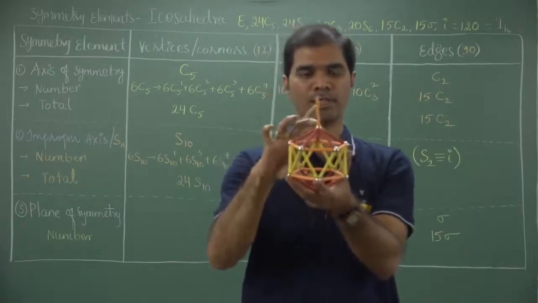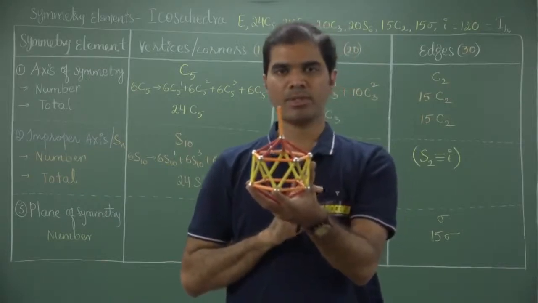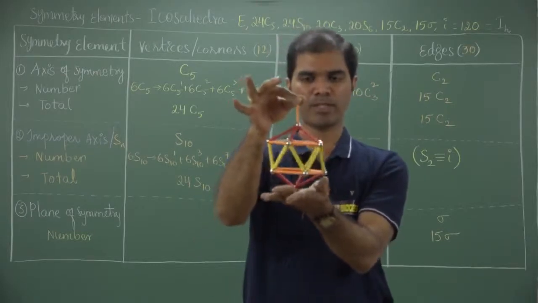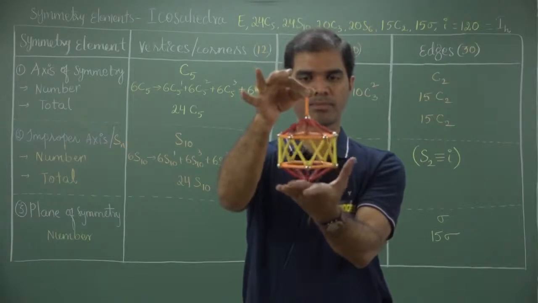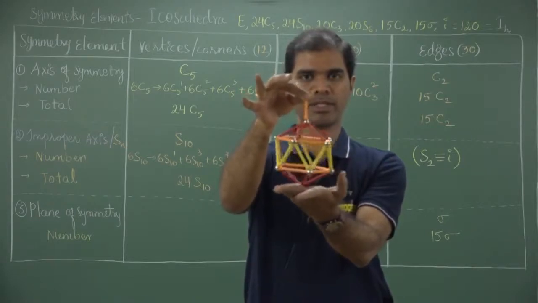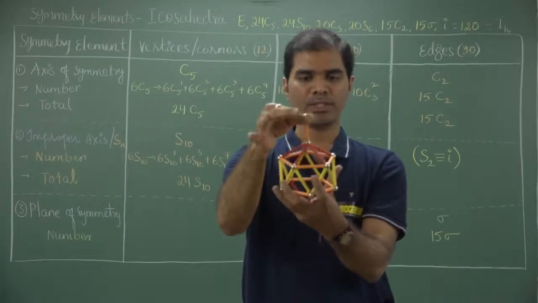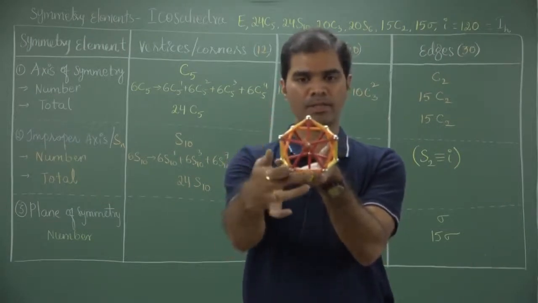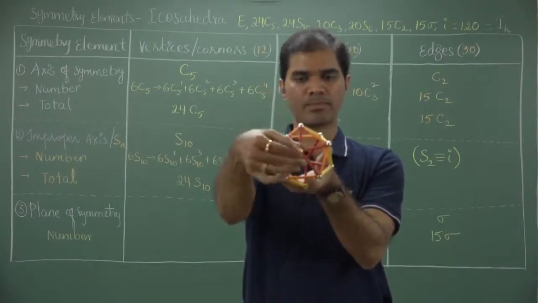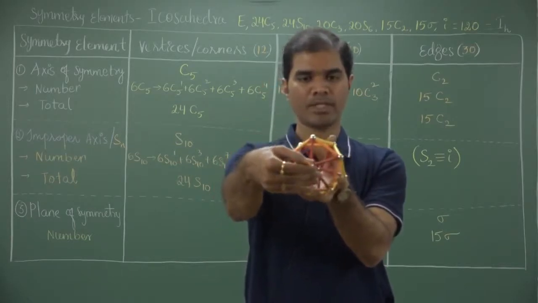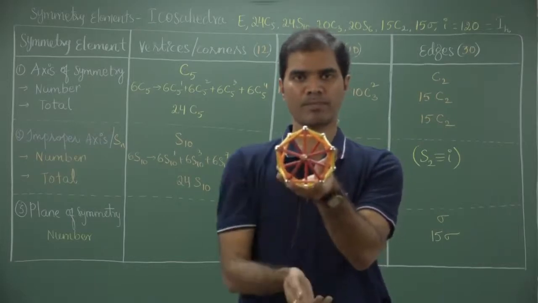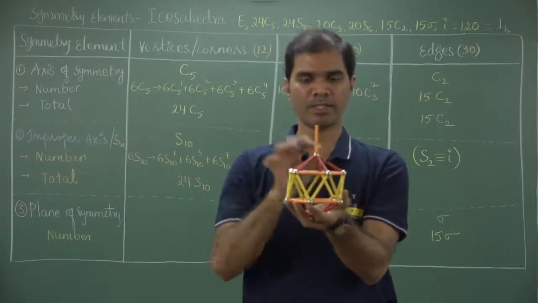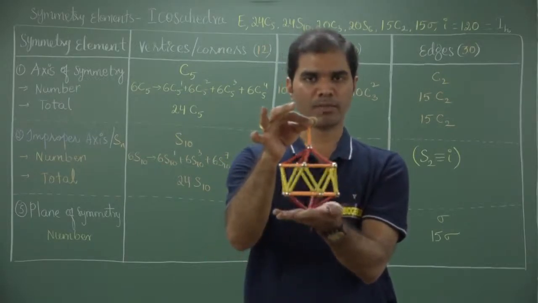Let us begin with the opposite pairs of vertices. Altogether there are 12 vertices falling in 6 pairs, and from each pair a C5 can be passed, and when I rotate by 72 degrees, that will produce an equivalent structure. So, you can watch it this way. When I am holding it in this manner, take the orange one as a pentagon. As I rotate by 72 degrees, it produces an equivalent configuration. Since there are 6 pairs of vertices, from each pair I am able to generate a C5.